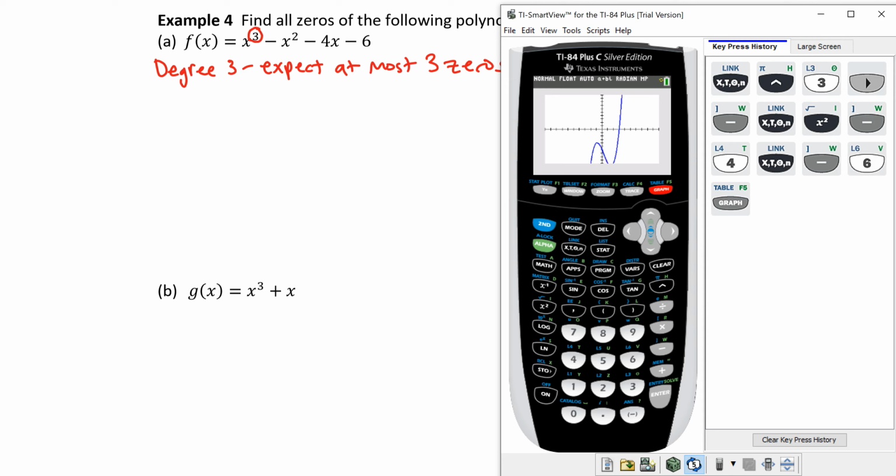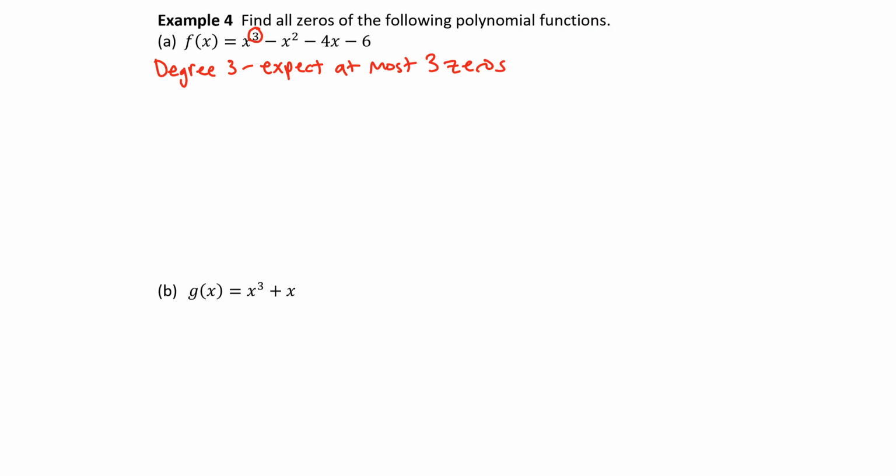So we have a degree 3 polynomial. This one's interesting. Notice it only crosses the x-axis one time. So either the x-intercept there at 3 has multiplicity of 3, or there are imaginary zeros. So what we're going to do is get that easy x-intercept or 0 out of the way first. So let's divide 3 out of our original polynomial function using our synthetic division process.